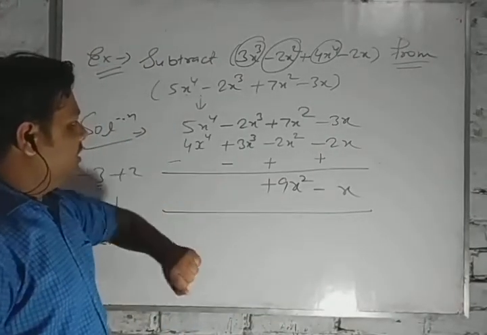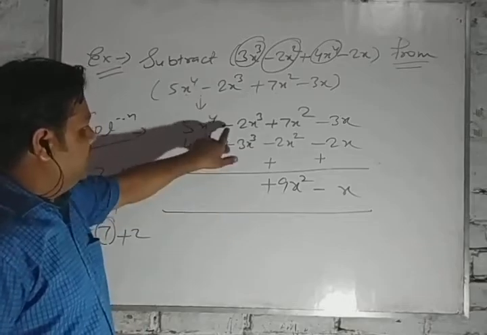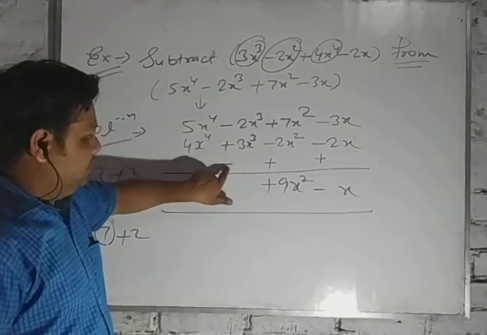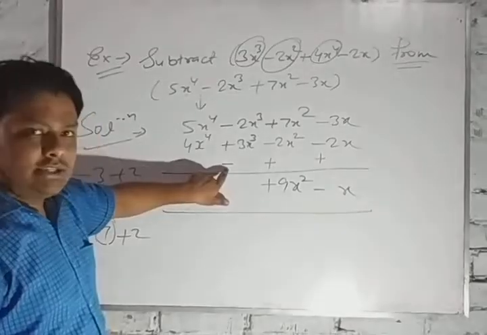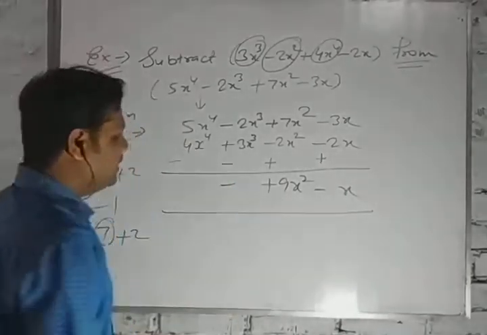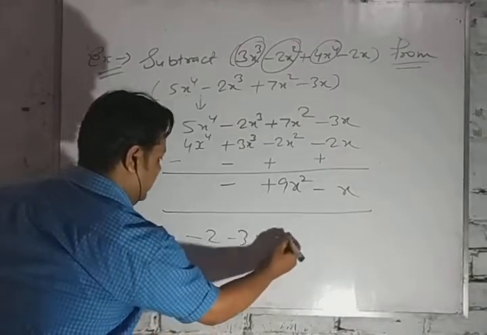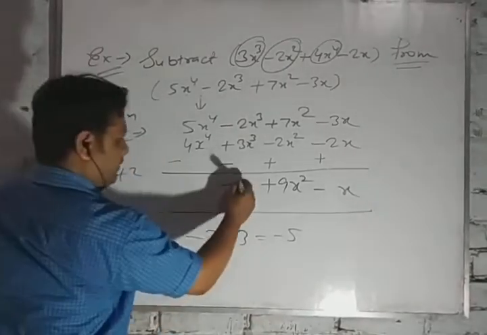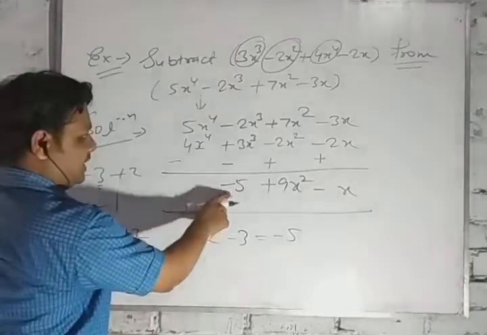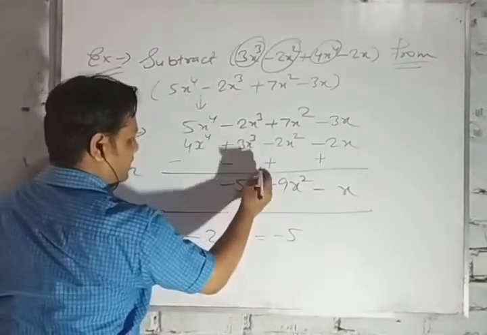After that, here you can see at first which one is greater, minus 2 or minus 3. Minus 3 is greater, so it has the minus sign. So we will write the minus sign at first. Now minus 2 and minus 3 will be minus 5. Then here we will write 5. Minus is already written. Now x cube. So we will write x cube.